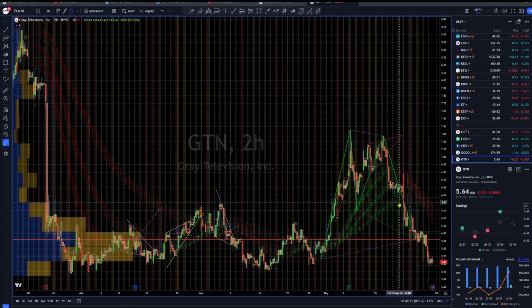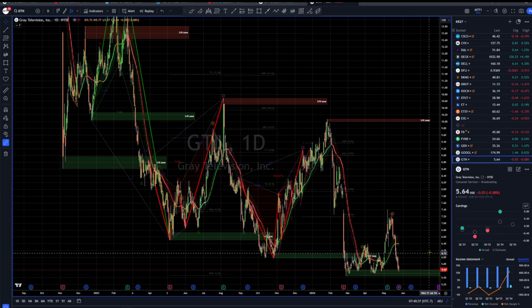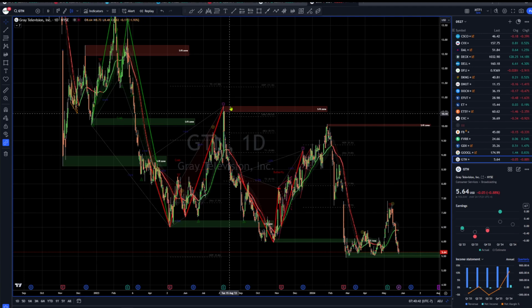Gray Television, what is that? It's trying to hold support. If you lose this support, it's open season lower. I don't know how low it goes. And it could look similar to this area here. If it rallies,